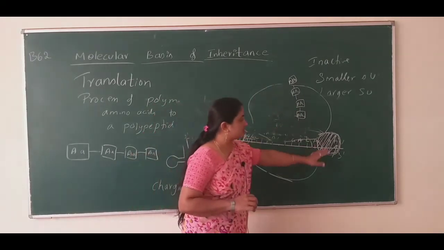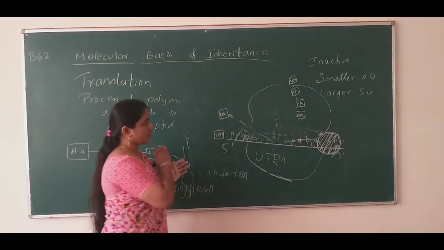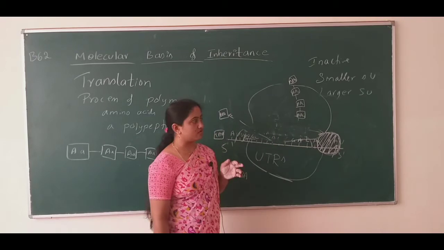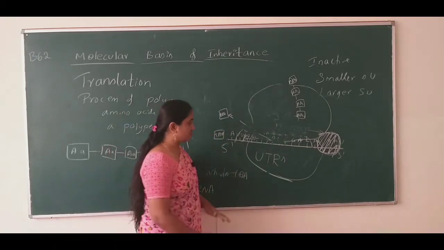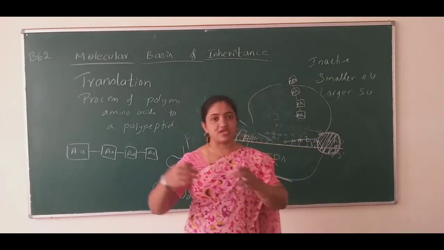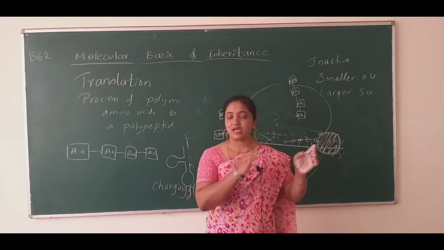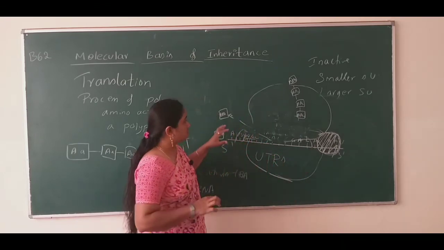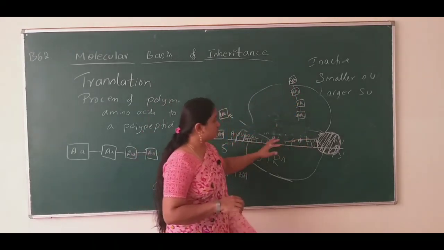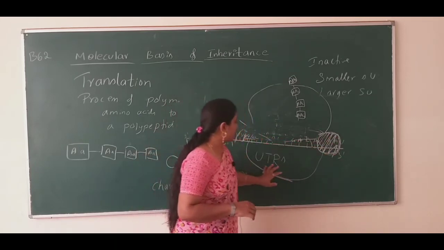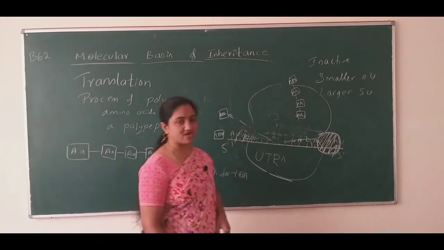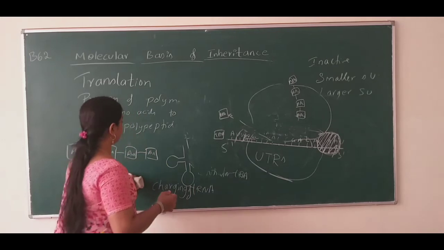So this is how the process initiates, elongates and terminates. Here also it involves initiation, elongation and termination, but we are not highlighting them as we did for transcription. We are concentrating only on the amino acids, tRNAs and ribosomes, and the releasing factor and UTRs here. So with this we have completed the process of translation.